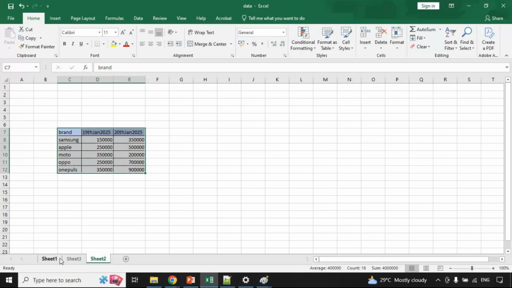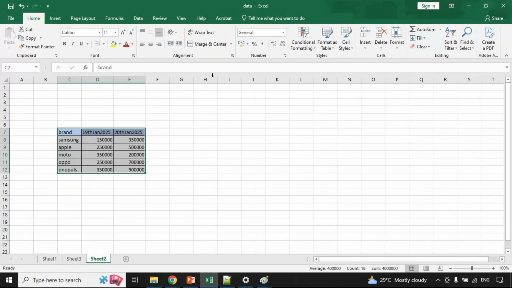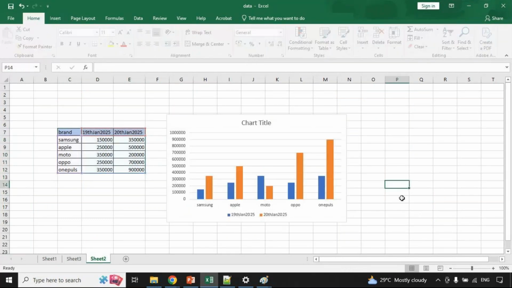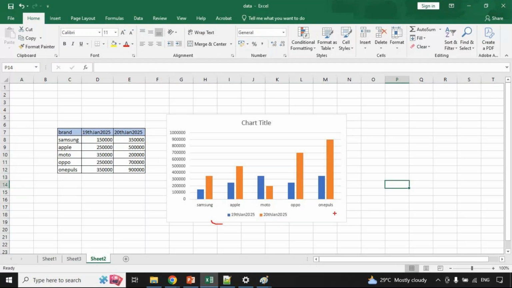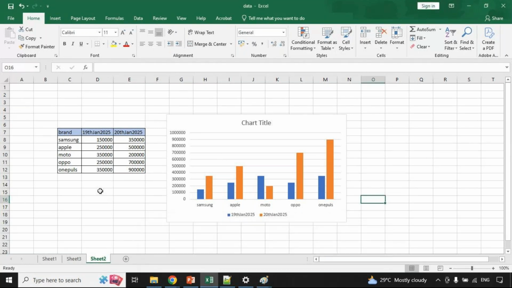a report such that for each brand, what is the sales difference, and which brand has the highest sales. Once I show this data in the form of a report, he can understand, okay, OnePlus has sales on a normal day and on a Big Billion Day, and the sales changed. So as a data engineer, your responsibility is to organize the data as per the requirement.